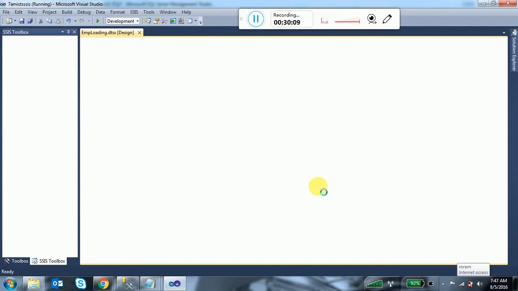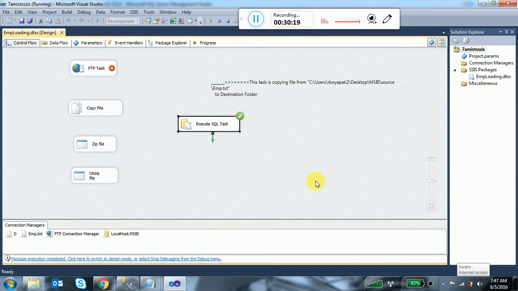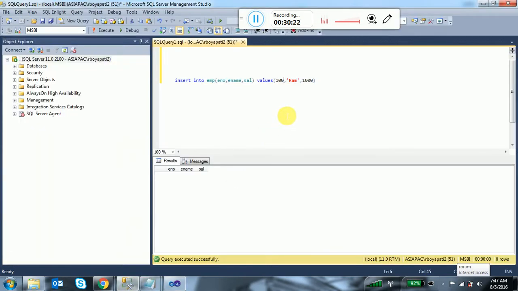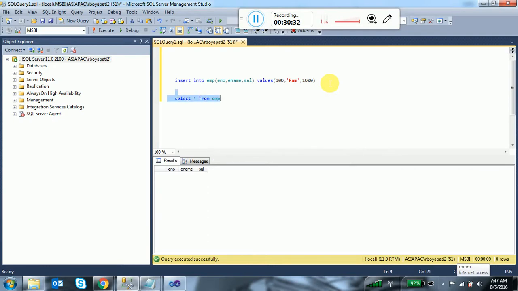Okay, so instead of inserting these values directly here, what I want to do in SQL Server is declare three variables: @employeenumber integer, with the value 200, and one more variable, @employeename, and the name is KAM, and one more variable, @salary integer equal to 2000.